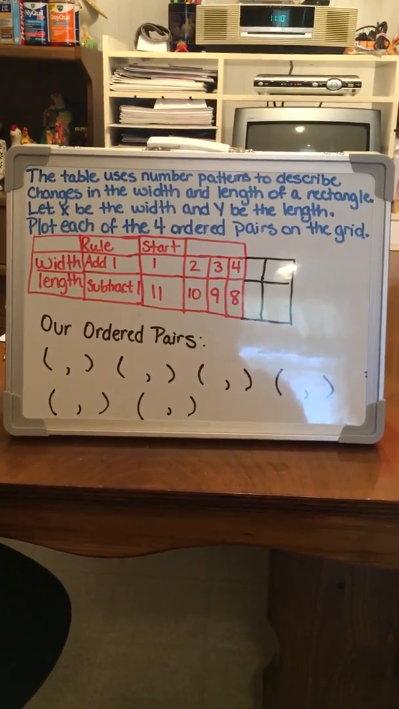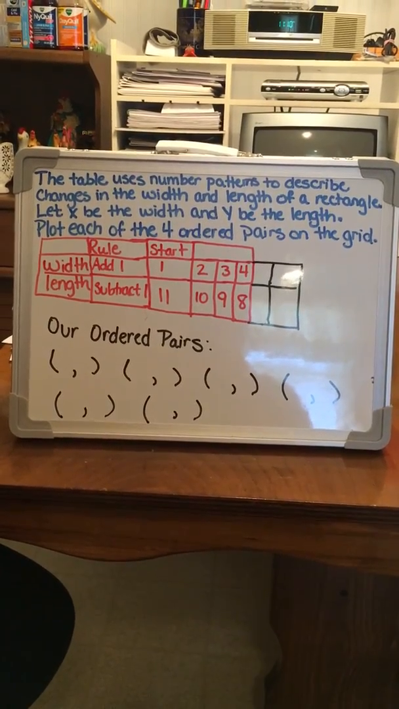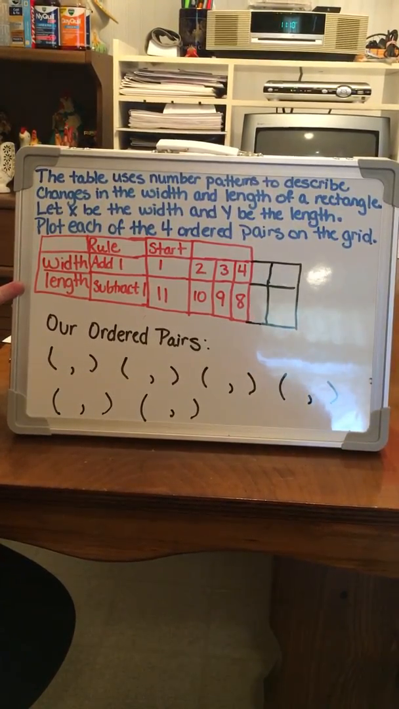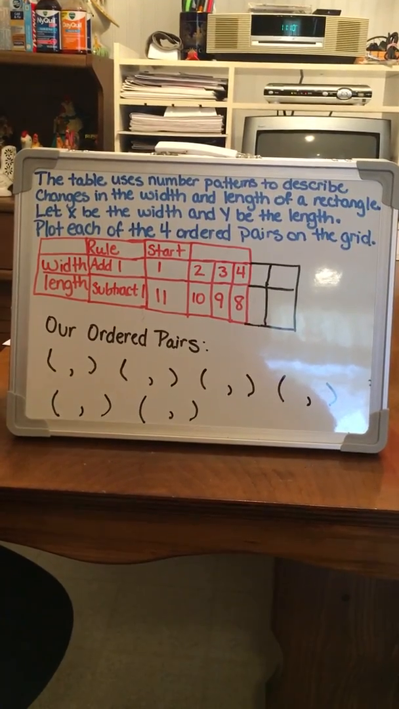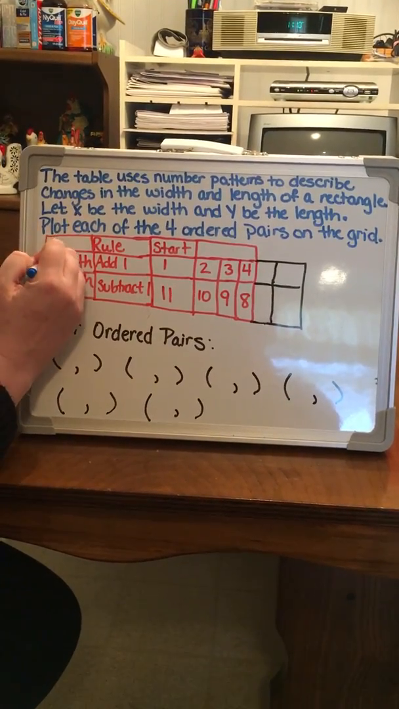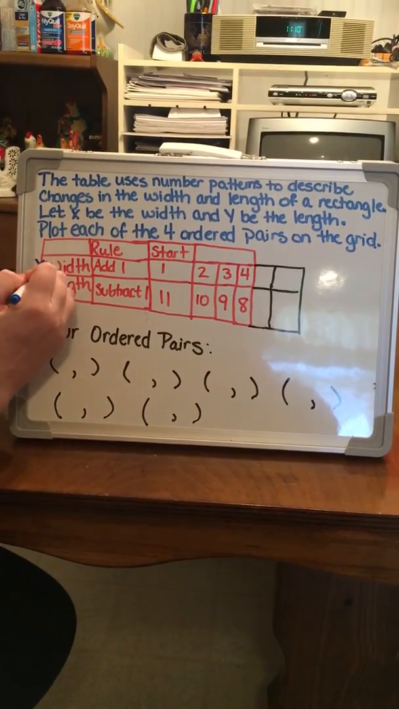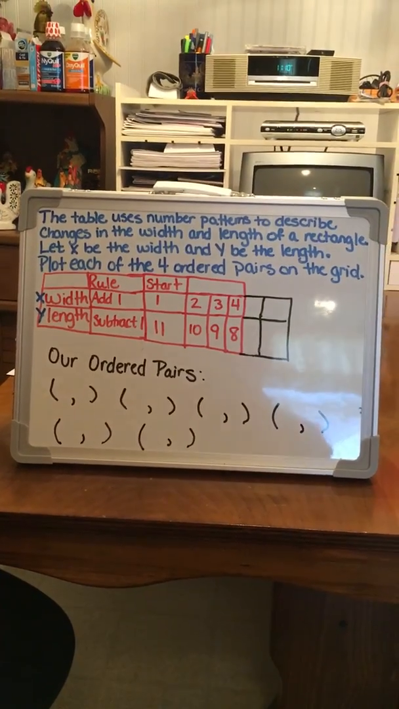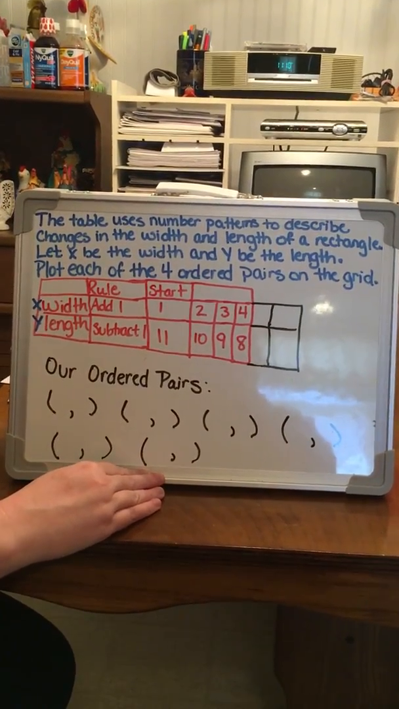It says the table uses number patterns to describe changes in the width and length of a rectangle. So we're talking about the width of a rectangle and the length of a rectangle. Let x be the width. So we're going to say our x coordinates are the width and our y coordinates are the length. Okay? And then we're going to plot each of the 4 ordered pairs on the grid. Now I'm actually going to have us create 2 more ordered pairs from this, so I'll show you what I